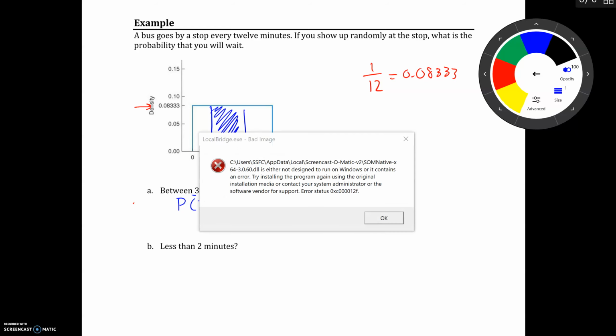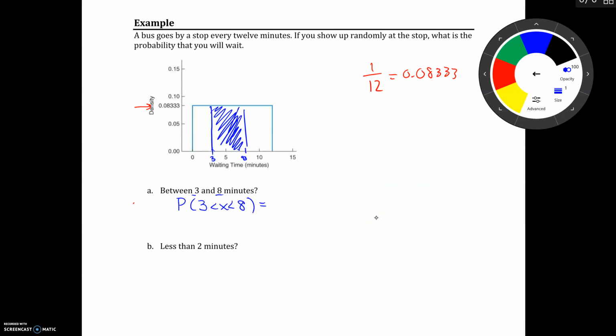Okay, because in this case it's a nice rectangular region, we can take the width of our rectangle and multiply it by the height to figure out our probability. When we multiply it, that comes out to 0.41665. To be consistent with what we've done earlier in the course, we're going to round that to 4 decimal places, so we'll report that as